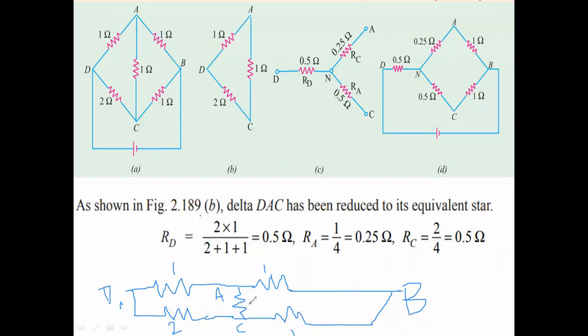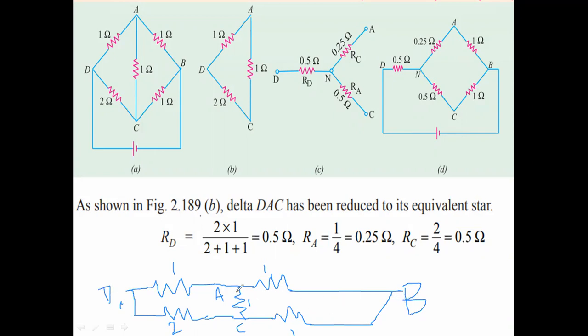This is the 1 ohm. Okay, so we cannot remove this. Suppose we don't have any resistance between A and C, just a wire connected, then we can easily perform. So these two are in parallel and these two are in parallel, and we get the series network. If we don't have any resistance across A and C, then these two are in series, these two are in series, and combined we will get the parallel combination of D and B.